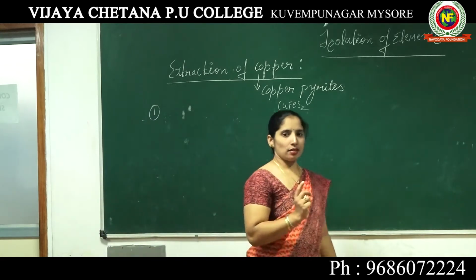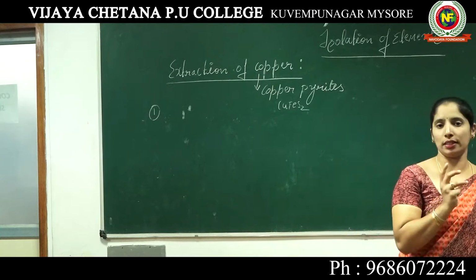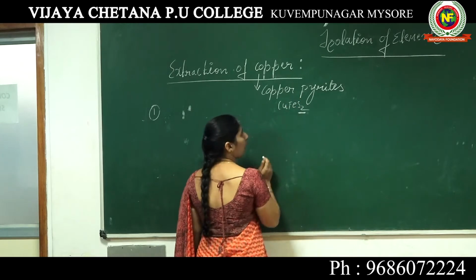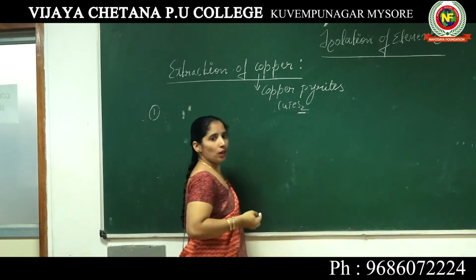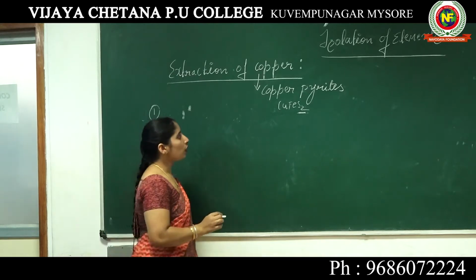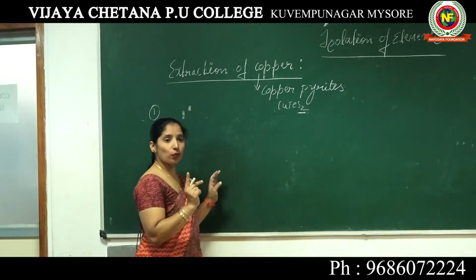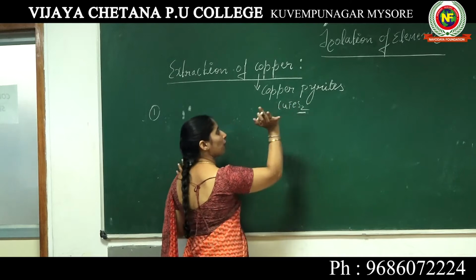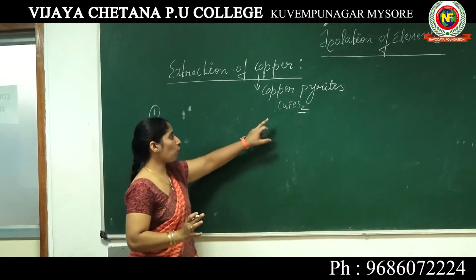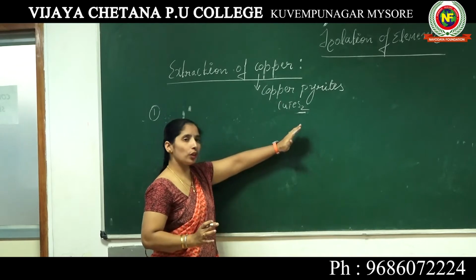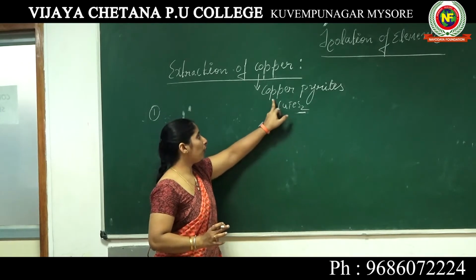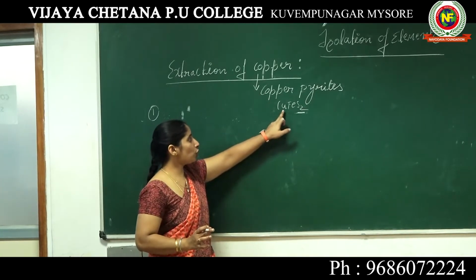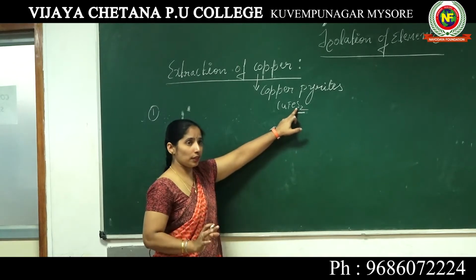In the previous classes we discussed how the ore is concentrated. Here the sulfide is present in the copper pyrites. Mainly what type of ore concentration do we have to do now? That is Froth flotation. The Froth flotation process is mainly for ores that contain sulfides. To increase the ore concentration, we have to remove the impurities. We are taking the ore copper pyrites, having the composition CuFeS2, where sulfide is present.